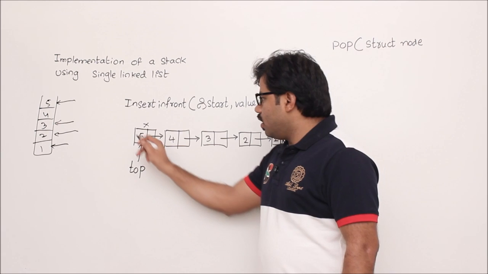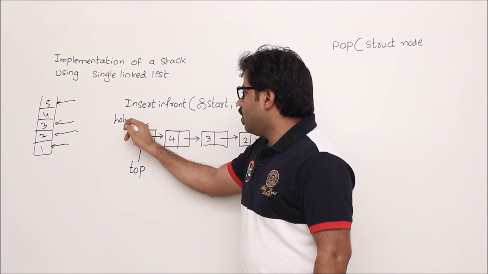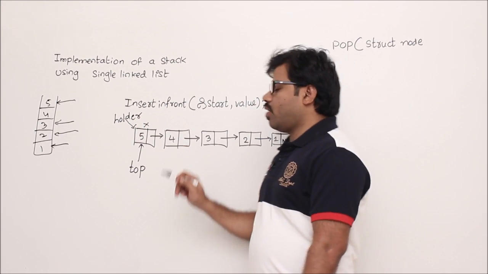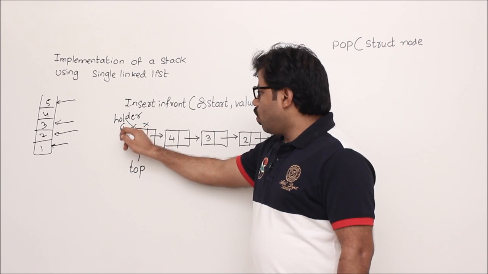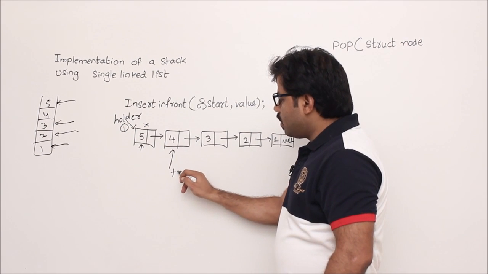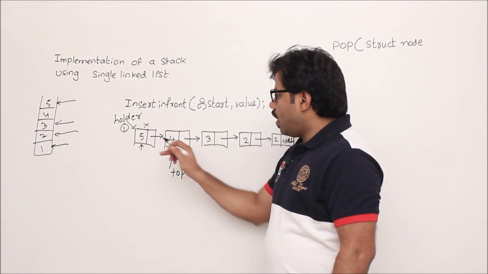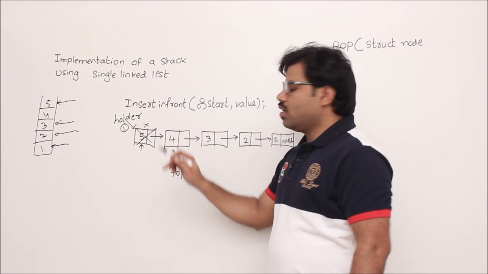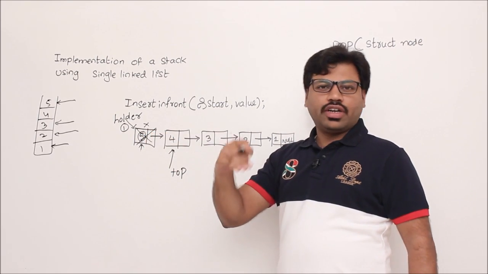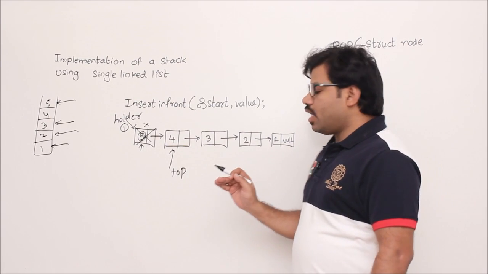Then my strategy is, first using some temporary pointer, let's call it holder, we point to it. After that we move top. Okay, so the first step is hold it. The second step is move your top. The third step is take this value and remember it, and after that free this. Then the fourth step is whatever value you have taken from this box, you return to the caller. Okay, so that we are going to do. Here I would like to tell one thing.